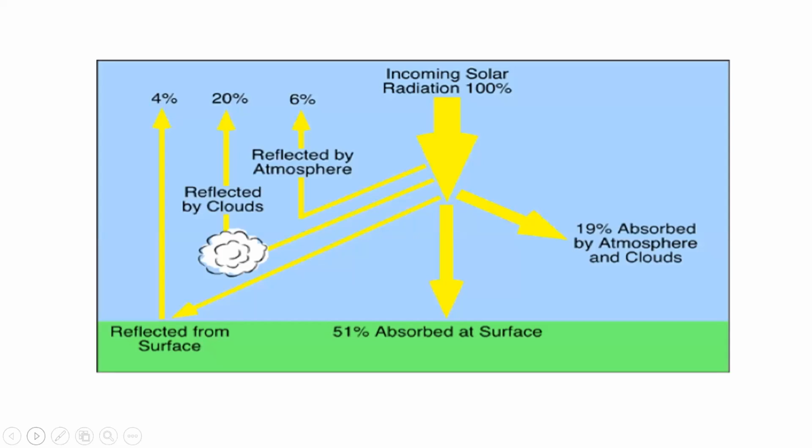Coming to the next slide, we'll be explaining how much of the radiation is coming from the sun. Suppose we assume 100% of the incoming solar radiation: approximately 51% will be absorbed at the surface, and 19% is absorbed by the atmosphere and the clouds. Here you can see we have some deflections as well as the atmosphere and other things. So the remaining 49% will be lost. Only a maximum of 51% and a minimum of 45 to 47% will be absorbed into the earth. So the useful solar radiation which we can utilize, assume it to be 50%. Okay, so this is the basic concept of the solar radiation.